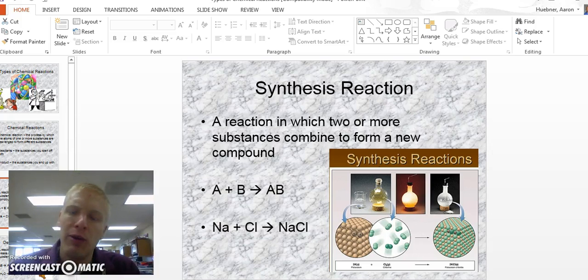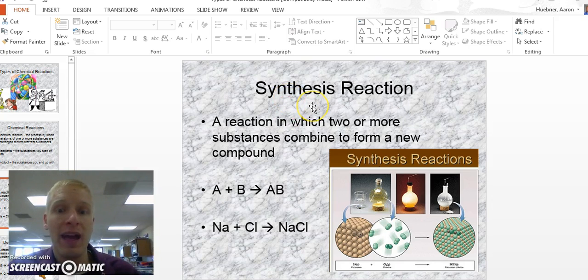Hi, in this video I want to go over the types of chemical reaction. There are 5 main types. There's synthesis, decomposition, single replacement, double replacement, and combustion. And we'll be going over all of these in this unit, and we'll also be learning how to predict products given 2 reactants. So the first one is synthesis right here, and another name for this would be combination, but